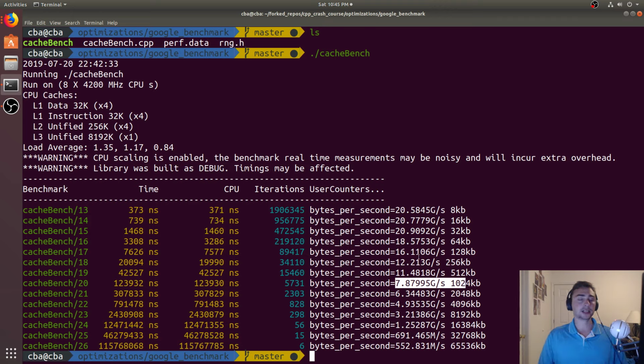The L2 cache starts to not work quite as well. We're all the way down at 7, down to 6, down to 4, down to 3, right? And once we get to 3, things are really starting to get bad, especially once we start exceeding this 8192K, which is the size of